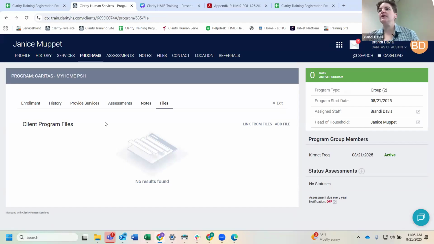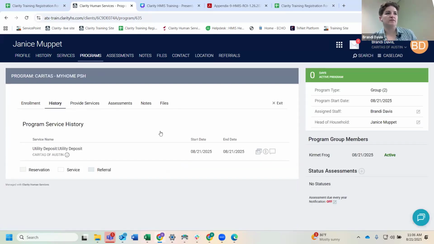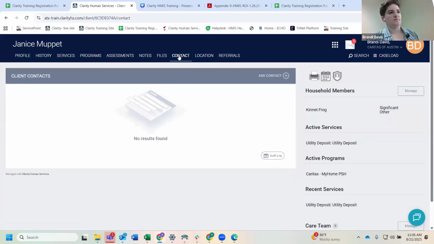Just in case anyone is lost for how I got to this screen, if you're ever wanting to navigate to the screen to add services at a program level, notes at a program level, any of that information, how I navigated to this, and you can just stay here if you're already here, is I clicked on programs, and then under program history, you'll see the program enrollment you created. And then you'll just click the pencil next to your program enrollment under program history. And that will pull you into this screen where you can add notes and files and all of that at a program level. But now we're going to move up to the top here, and I'm going to navigate to the contacts tab.